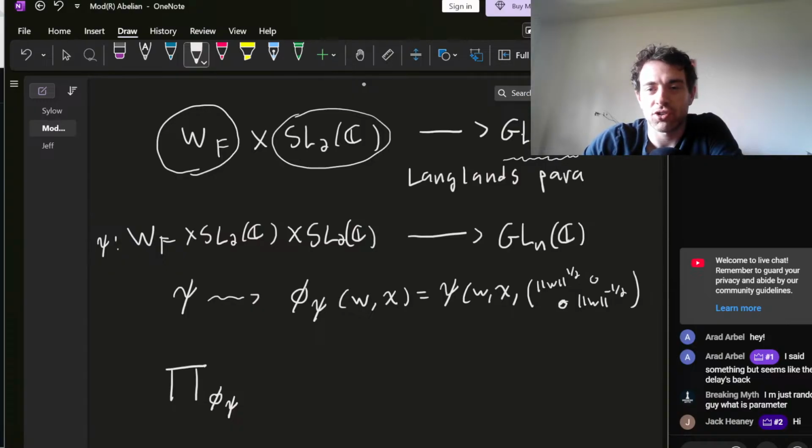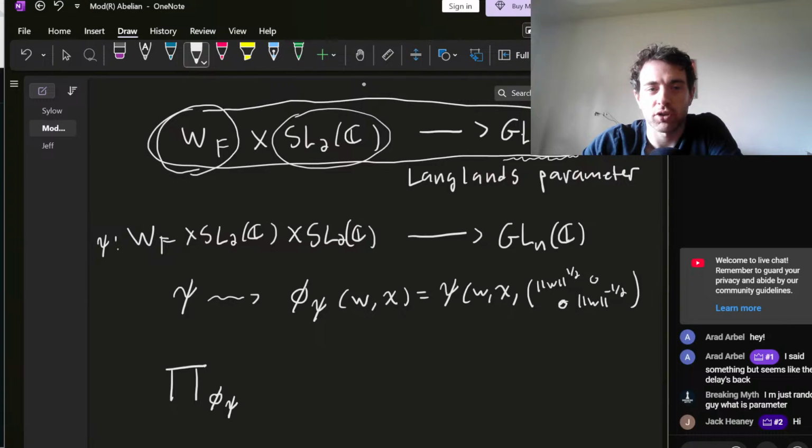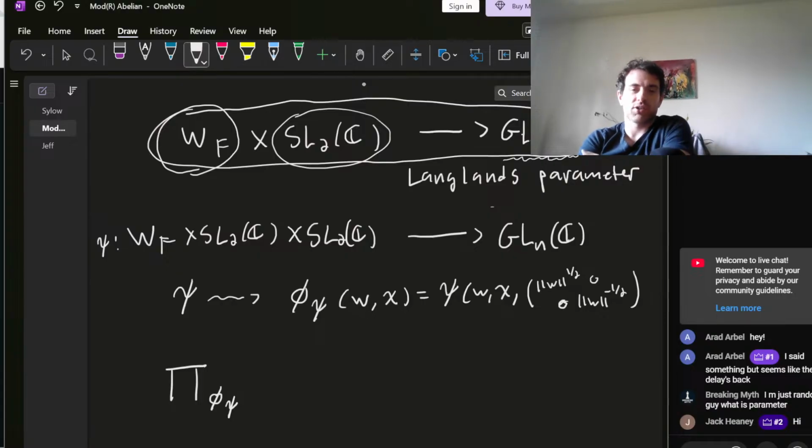The term Langlands parameter refers specifically to a special kind of homomorphism between these groups that, well, if you go back, I mean, I don't know if you have the background,